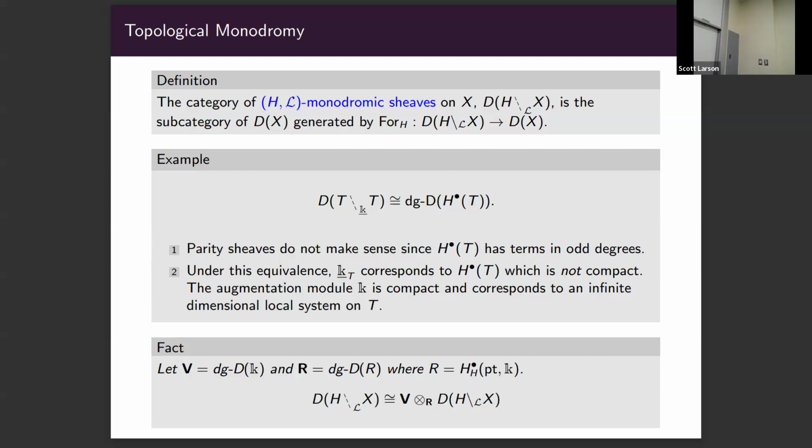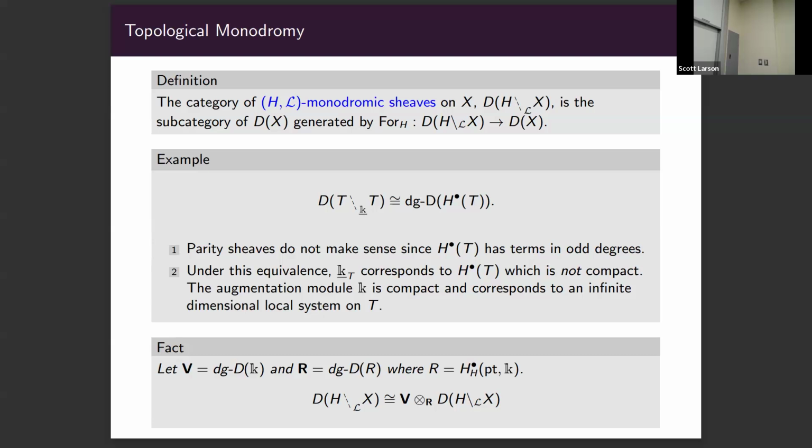Well, we can say a little more, which is how does this equivalence go? Well, it'll send the constant sheaf to the whole cohomology ring, like the regular representation. And I want to emphasize that this is not compact. Well, I think actually it is in this case. And it's finite dimensional, but anyway,